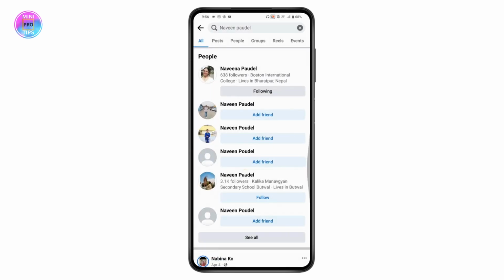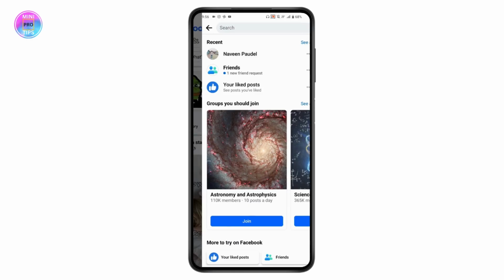So for example, if I choose this person's profile, now here this person's profile has been locked, right? So if you want to view the locked profile, then what you can do is simply take a screenshot of this profile, and once you've taken the screenshot, now you can go back and you can go for the upper right,